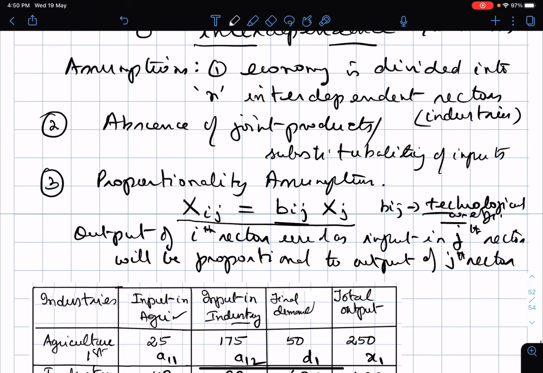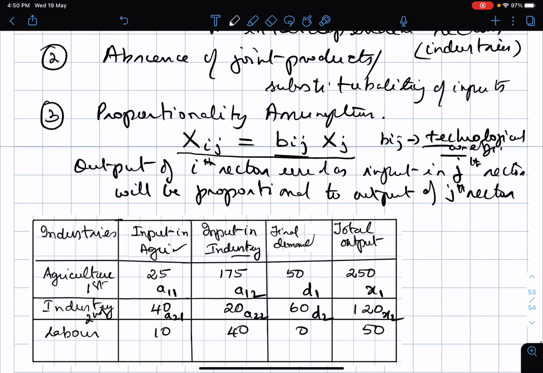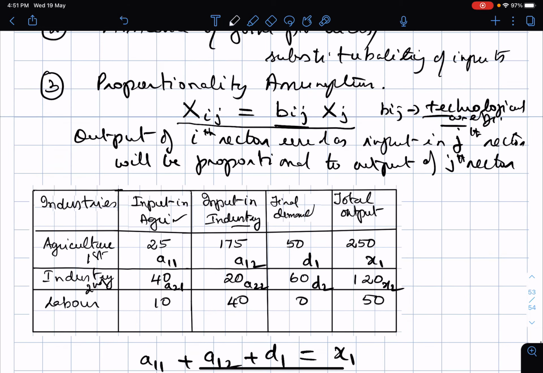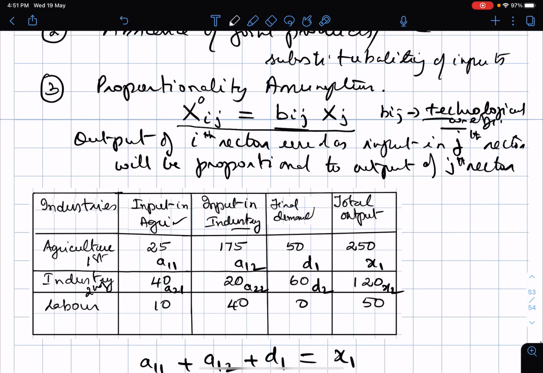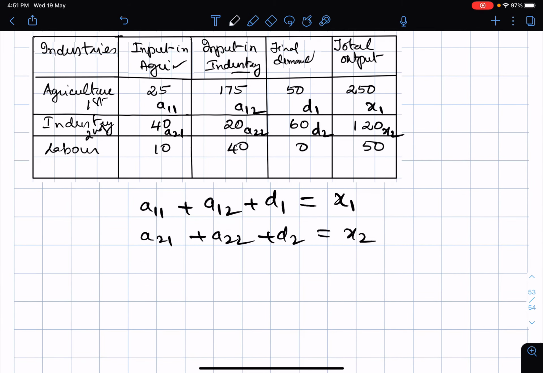Now this X2 on A11, you can take it from here, from this also, proportionality constant also you can take it, Xij, isn't it? That you can substitute here. So what is that proportionality constant? So instead of this xij, I can write it as aij. So this aij is nothing but equal to, so what is the proportionality? Aij equal to Bij into xj. This is what we have got, isn't it?